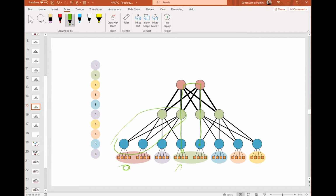And as we scale up, as we get bigger, there are going to be more of these islands, more ways of creating problems between different parts of the fabric. Okay, and we'll have a look at that in a little bit of a clearer way. Say these 2 little jobs finish here, and we run a new job. This job is very clearly suboptimal. It's quite a distance apart topologically, and all we're looking at here is a very small fabric linking a few numbers of nodes together. Okay, so linking those 2 thoughts together,